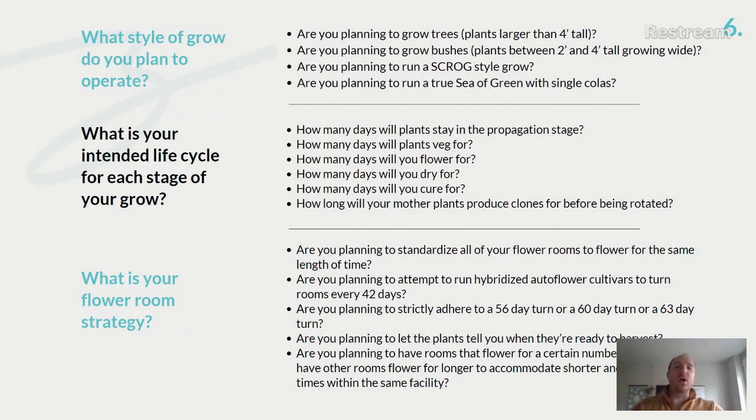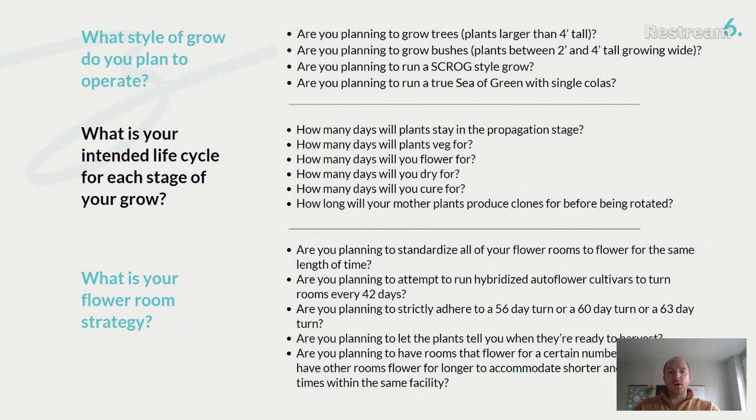It's just going to make your operation a little bit more complex to plan, and you're going to need a higher level of skill in your director level and your assistant director level to be able to execute on that, so that there are no bottlenecks and so that everything flows properly. It can be done. Just want to kind of inform that it'll just be a little bit more complex.